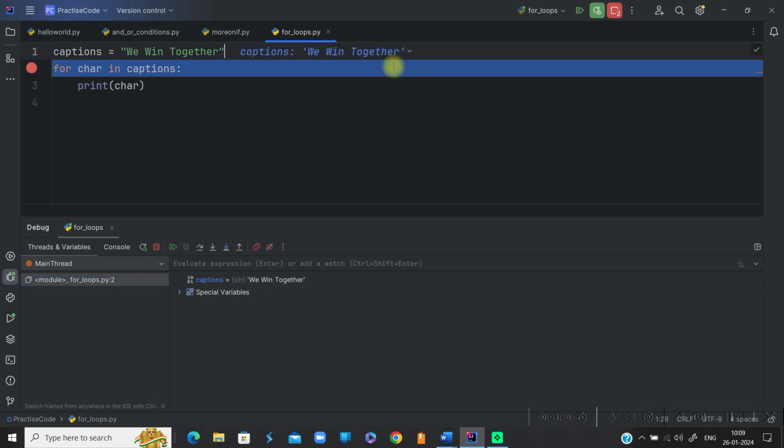In debugging, at the first step it breaks at that second line. This is step over, this is step into, this is step into my code, this is step out. These are the options we have. I will make use of step over in this example. What happens if I click on step over,